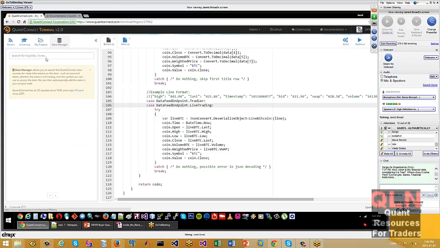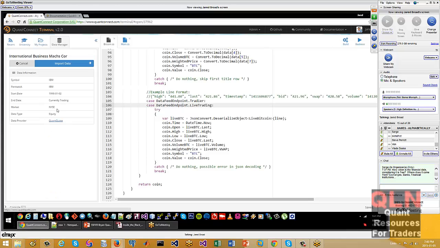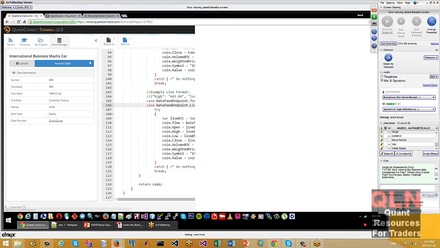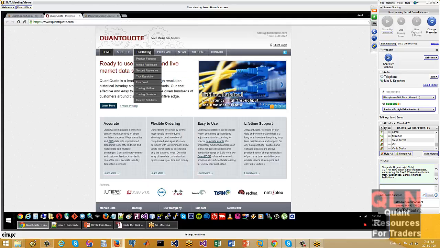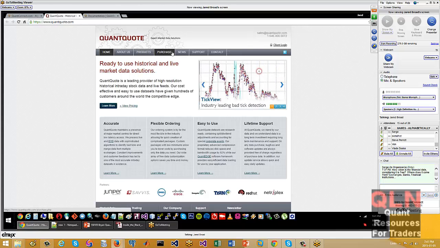It's the financial data. Here in the data manager, you can see where we get the data from, and you can search the data available. So it's from a company called QuantQuote. QuantQuote are, I think, a fairly reputable data company. They have splits and dividend adjusted data. It's all survivorship bias free.